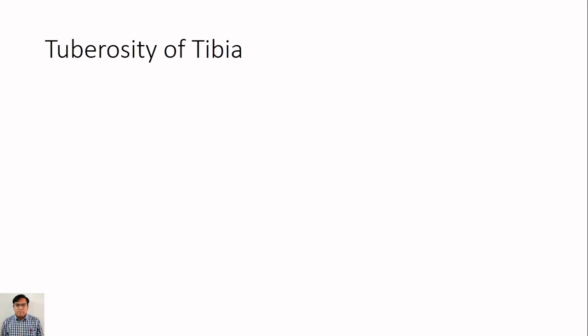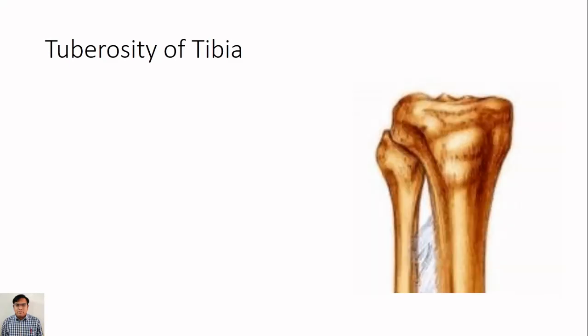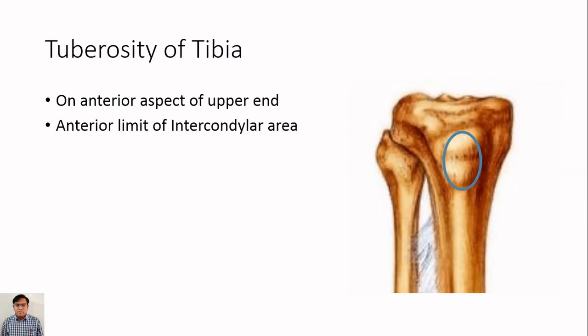Now the tuberosity of tibia, this is the anterior aspect. On the anterior aspect of the upper end, one oval prominence, this is the tibial tuberosity, and it limits the intercondylar area anteriorly. So the tuberosity of tibia is the anterior limit of the intercondylar area,